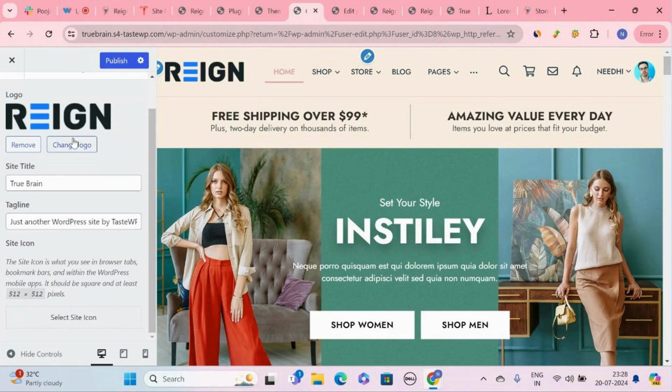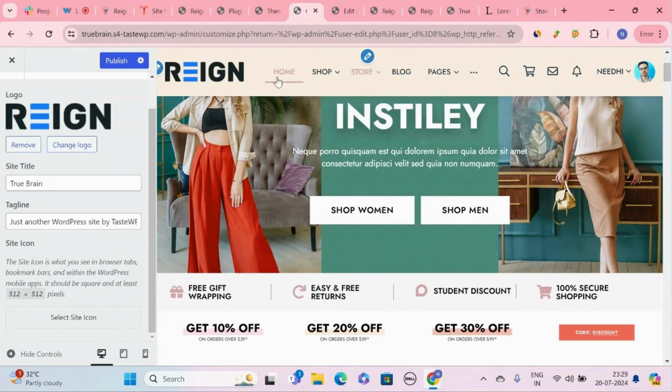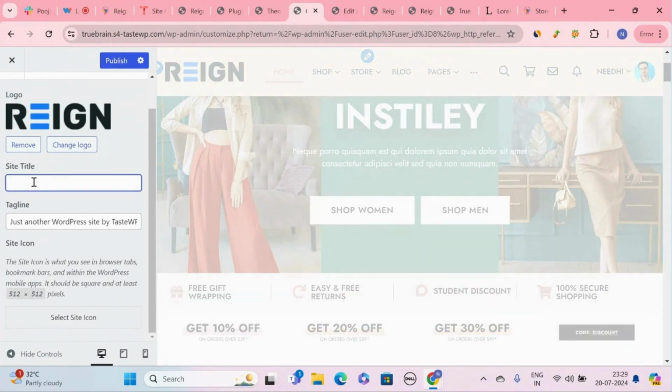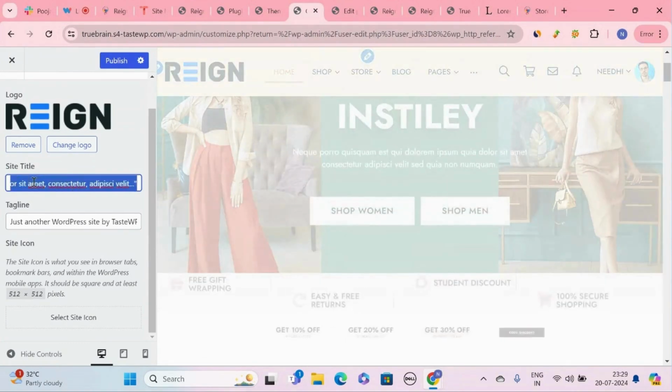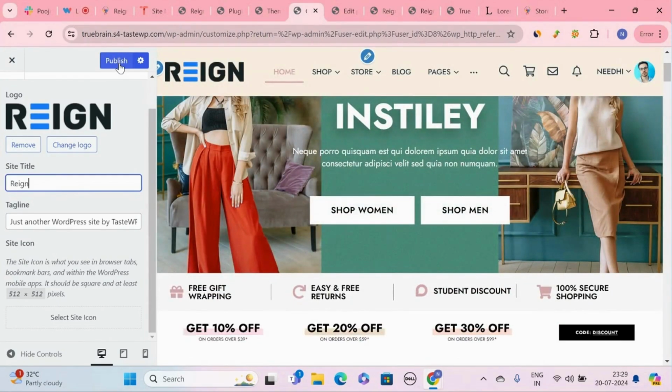You can upload the logo of your business from here as well. Once you have set all those things, you can publish the setting from here, and your store name will be changed.